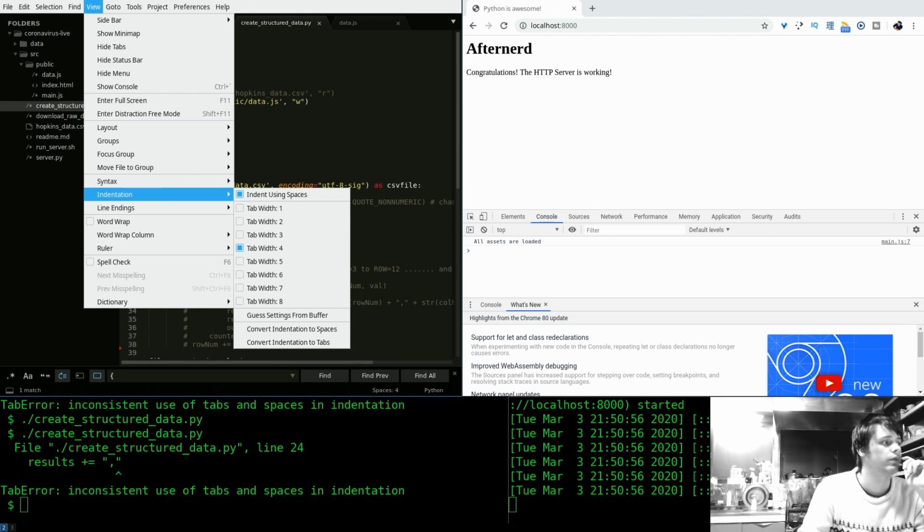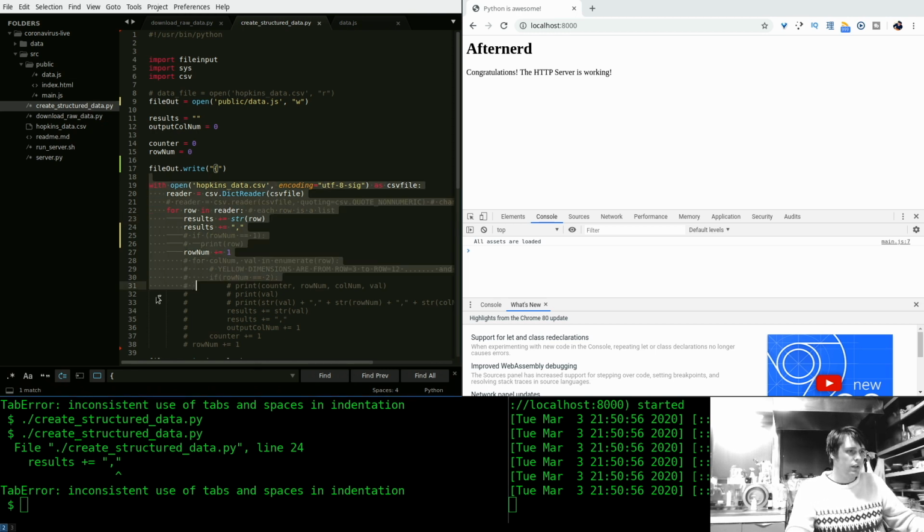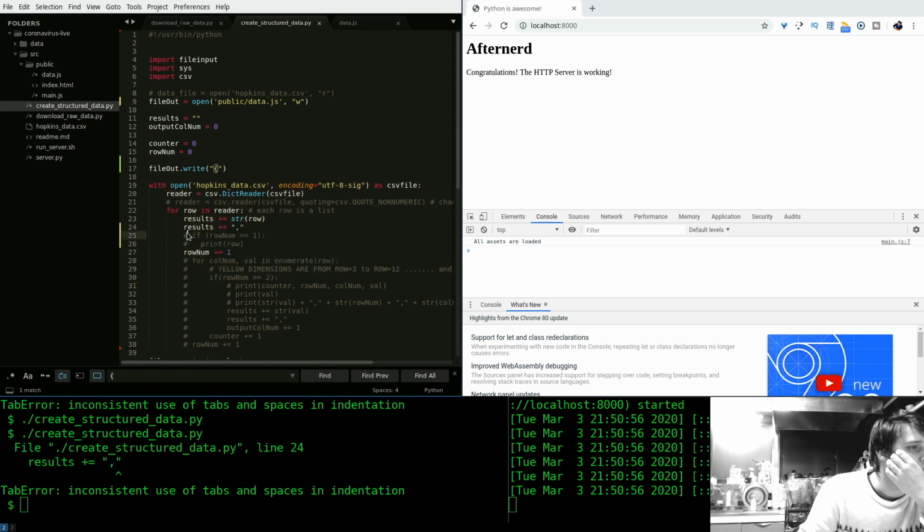Let me figure out Google Sublime show white space. You have to edit preferences. It's annoying. If I highlight it, yeah, okay. So I just need to, I guess,